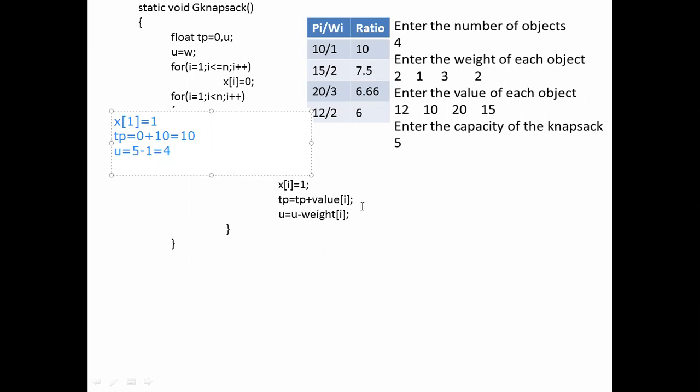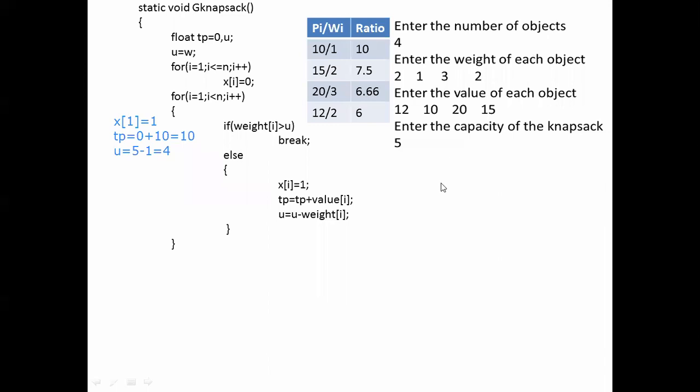Again, it will check with the content of your for loop. So for I, the I value will be incremented now.